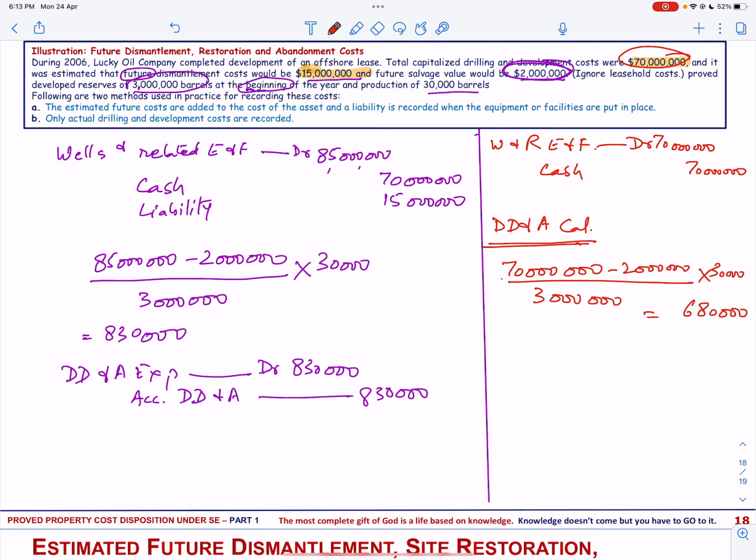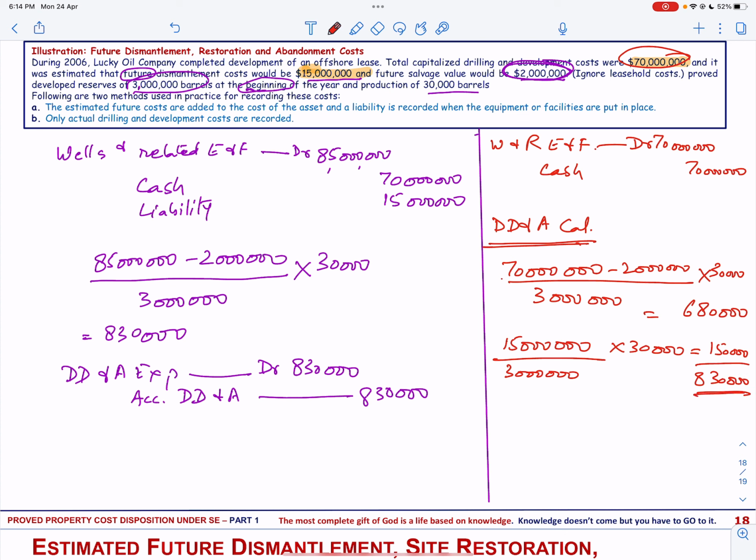680,000. Then for the liability part, we are also going to include this in calculating our DD&A. So the future cost was 15 million, and the proved developed reserves is 3 million, and the production was 30,000 barrels. So this is equal to 150,000. So if you make the total, this is